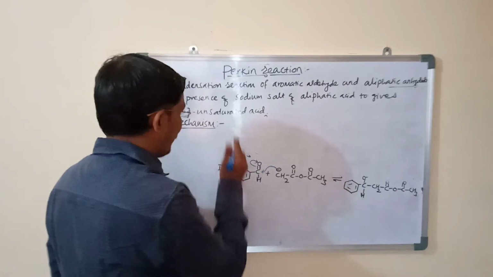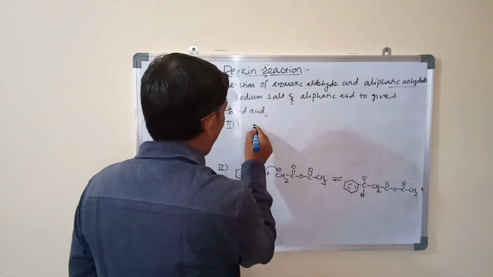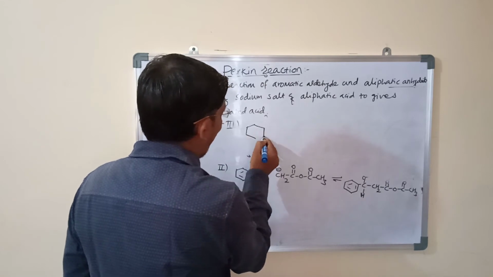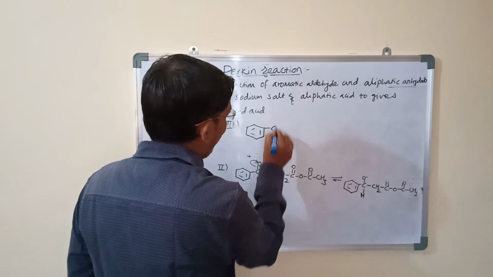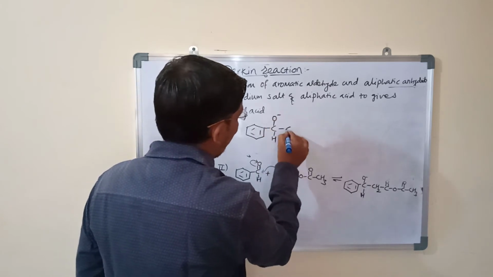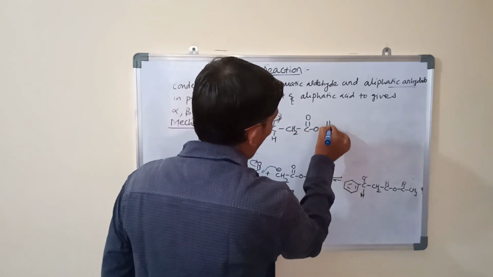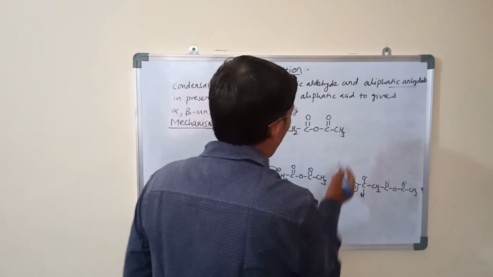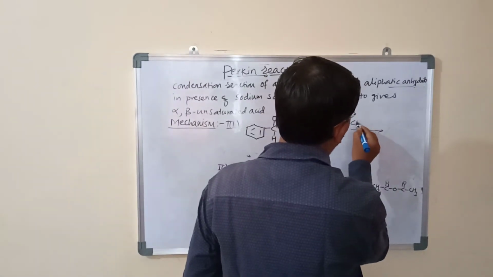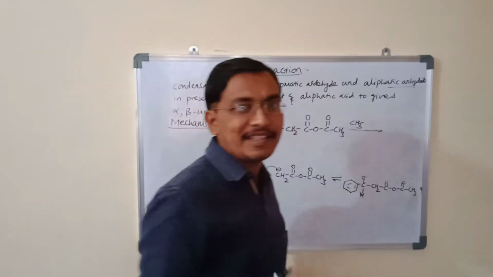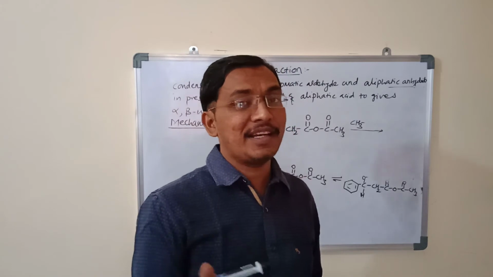See here, in the third step, protonation of that ion takes place here. CH, this is O minus, CH2, C double bond O, OCO, CH3. Now protonation: H plus ion in the presence of acetic acid. The acetic acid is generated in the first step by abstraction of the proton from the aliphatic acid anhydride.